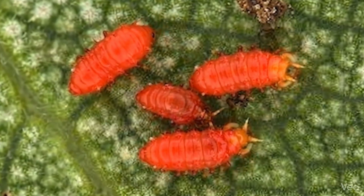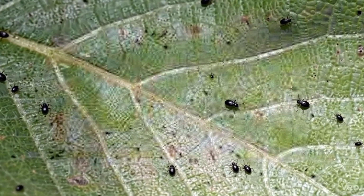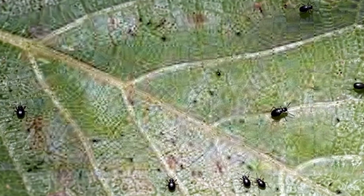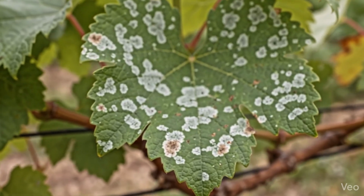Thrips feed on the underside of leaves, and when heavily infested, the upper surface of leaves is also attacked, especially during cooler months. In warmer weather, the thrips life cycle from egg to adult can be completed in a short 2 weeks. Natural remedies that may help include introducing natural predators of this pest to the vineyard, such as the